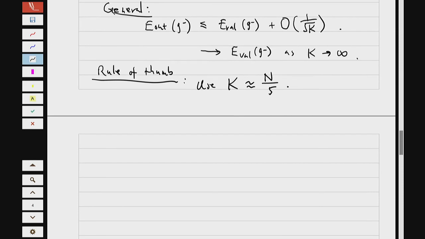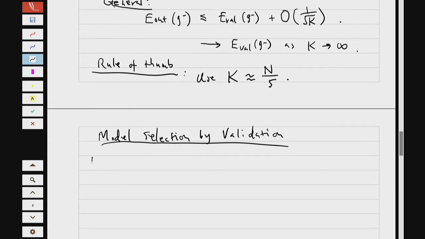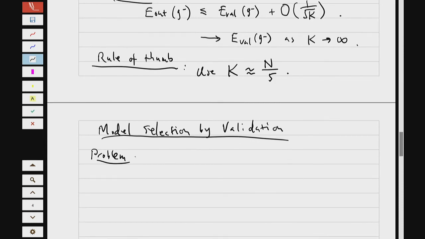So next, let's take a look at one particular specific example of validation, which is the use of validation to select the right learning model to use. So we have model selection by validation. The idea is very simple. You have a problem where you can choose all these different kinds of models, right? Linear model, quadratic model, and so on. Given this data set, you have to select